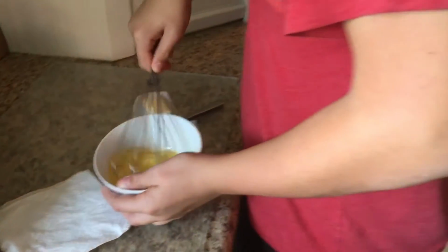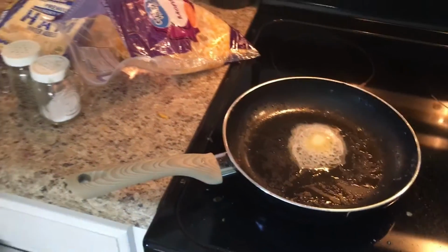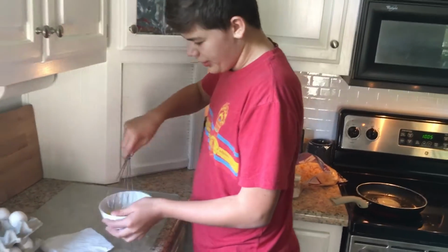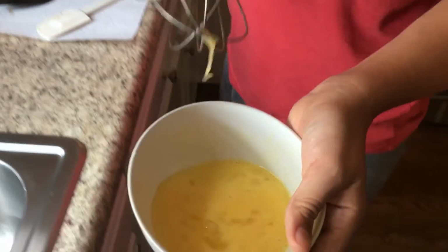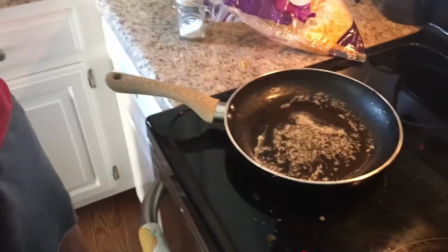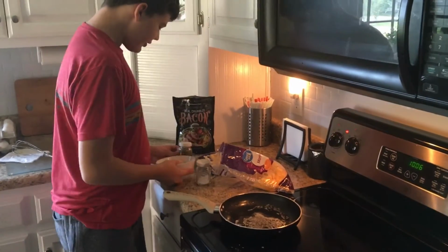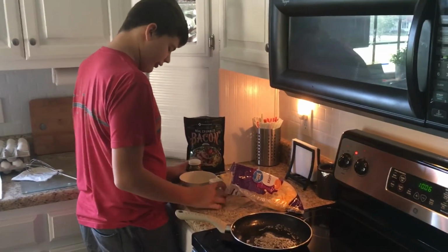So our butter's almost melted, but we should wait a little so we have time for the whole pan to warm up. Now once your eggs kind of look like that, you'll pour it in here. I'm kind of doing a different fold, but sometimes you just put a little pepper and a little salt in there,